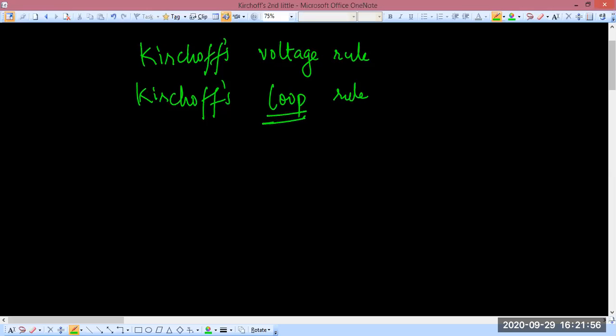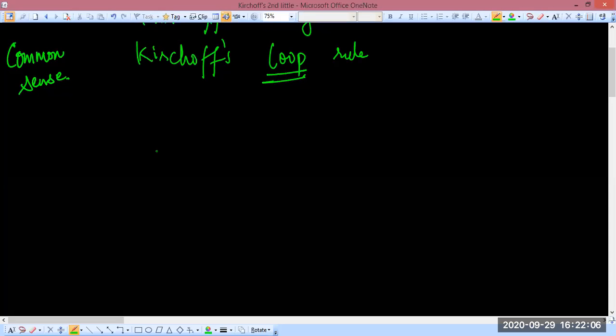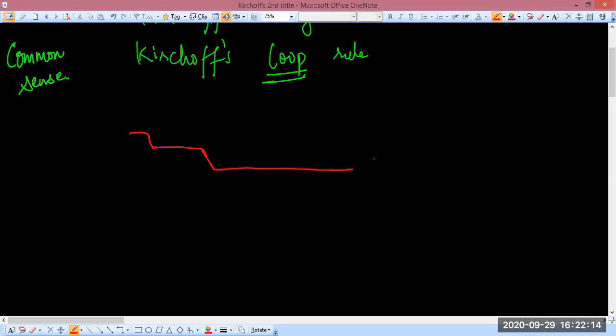Okay, so what is this? First of all, again, let me tell you that this is common sense, right? So let's say that this is the shape of some road, all right, or some hill,